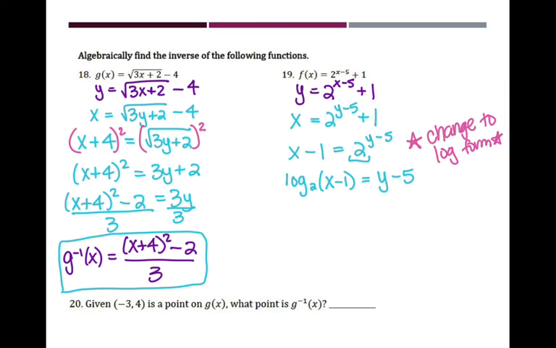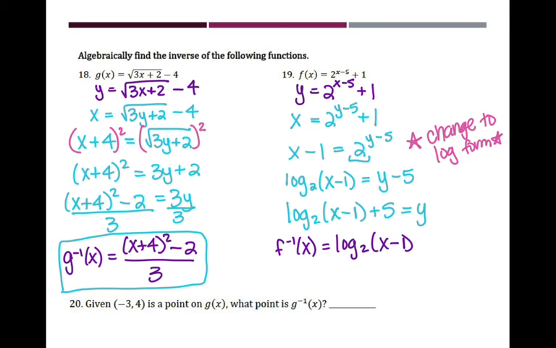So then I have log base 2 of x minus 1 plus 5 equals y, which I can go ahead and write in function notation. So I have f inverse of x equals log base 2 of x minus 1 plus 5. So the key for this one is remembering to change it to logarithmic form since it does end up being